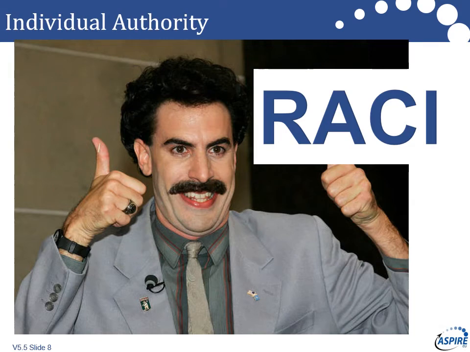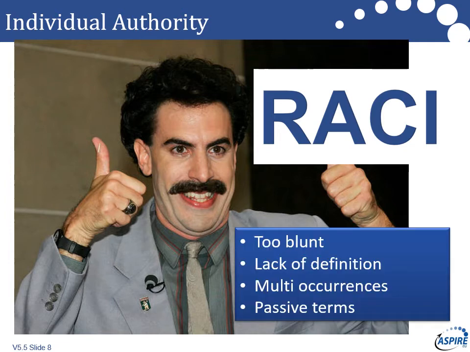However, there are some problems with this. We put it in MSP and it's still there now, but one of the problems is it's a little bit blunt. There are lots of people with responsibilities, only one accountability, and some of the stuff around consult and inform is a little bit inadequate. So things to think about: is it sharp enough for what you need to do? We know it's better than just giving us a list of responsibilities, but you need to be really defined about what responsibility means, what accountability means, what consult means, and what inform means.